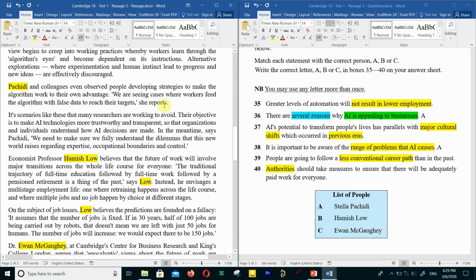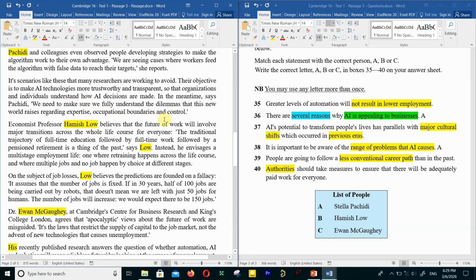No, nothing about false data. And here we need to make sure we fully understand the dilemmas that this new world raises regarding expertise, occupational boundaries, and content. Actually, this is the answer to another question in this passage. Okay, now we are done with